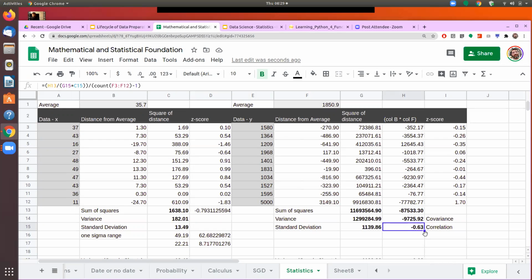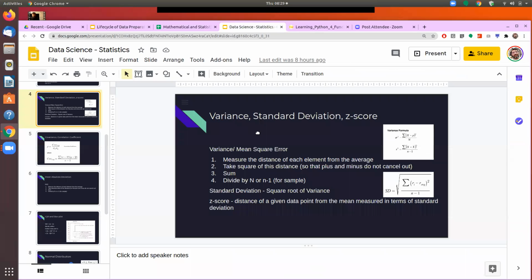And the numbers here will show the degree of correlation. So if it is 0, this means that there is no correlation at all. If it is -1, it means that there is a perfect negative correlation. It means that if one goes up by 1%, the other will go down by 1%. And if this is +1, it means that it is perfectly correlated. It means that both of them move in the same direction with the same speed. Okay. So that's another measure that we need to have, and this one will be between two different data sets.